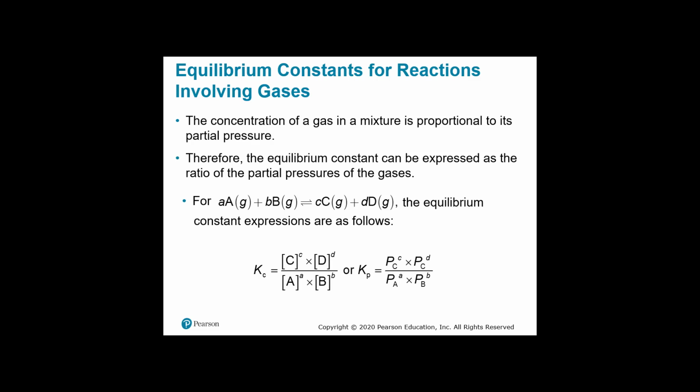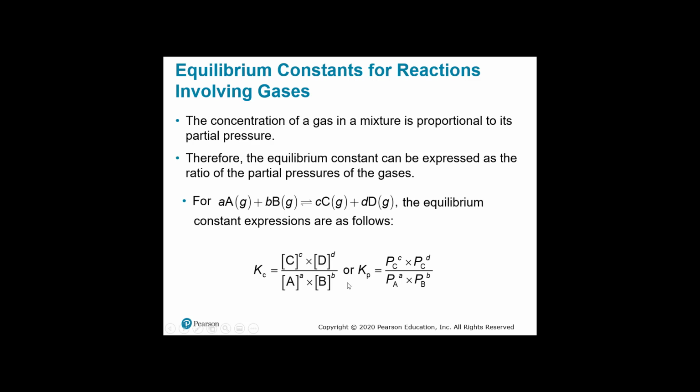So in this case, therefore, the equilibrium constant can be expressed as a ratio of the partial pressures of the gas. So if we set up the law of mass action, but now we're going to change it over to partial pressure. So here's our general equation. And remember, the small letters a, b, c are raised up to the power. We take the coefficients and raise them up to the power for that specific